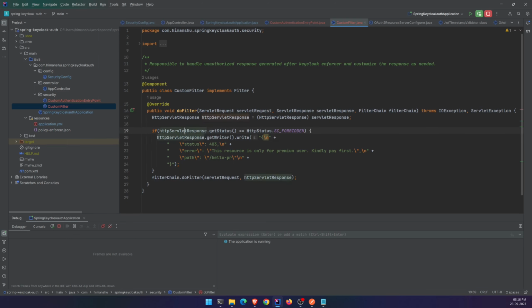So whenever the response is coming as 403, remember this response is after Keycloak has decided that this is unauthorized, this user doesn't have the premium access. Now we are catching that response in our custom filter, and here again, as we did earlier for the JWT, we are rewriting the response as per our convenience. So we say the status is 403, fine. Error, we say this resource is only for premium user, kindly pay first. And you can say message